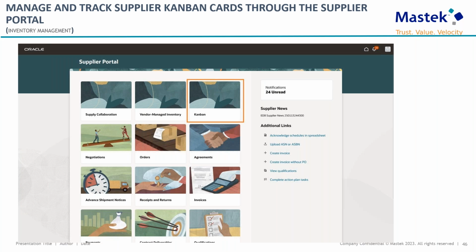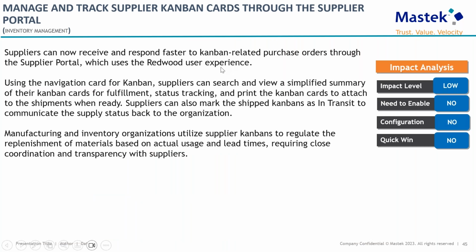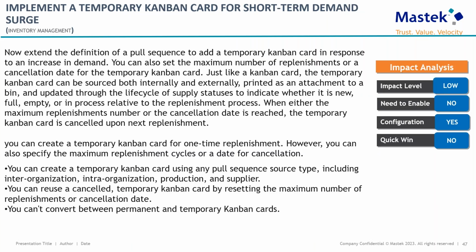Right. Let me go back to the previous slide. The impact is low. We do not have to manually enable it. Configuration, there's no configuration required, and it is not considered a quick win because it's a benefit for the supplier. Right. Let me move on to the next new feature, which is